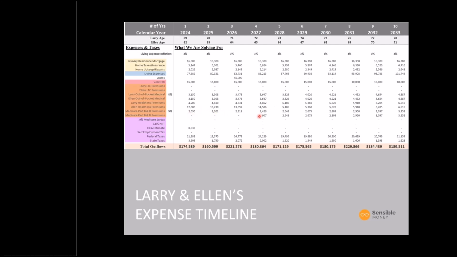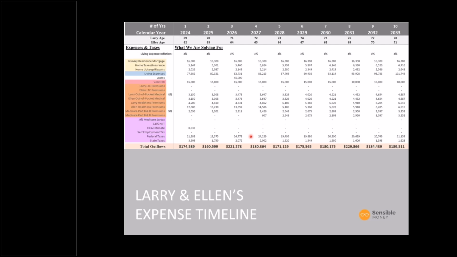We also see Medicare B and D premiums in here. Once you're on Medicare, sometimes people think of Medicare as free, but in fact, there is a component of it that you pay for. And what happens is you will pay that through an invoice if you're not yet collecting Social Security. And if you are collecting Social Security, then they will debit it or deduct it right from your Social Security check. And then we also have taxes down here. Now the taxes are being auto-calculated by the particular model that we use, and there's some other components impacting these taxes that we haven't yet talked about. So we'll be looking at that next.